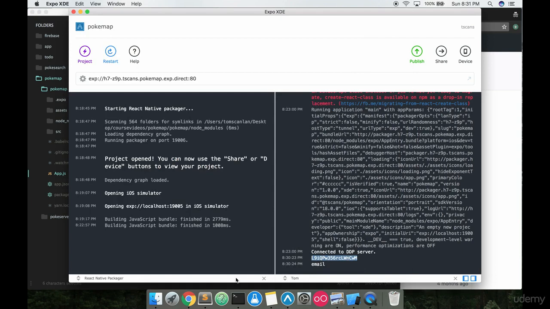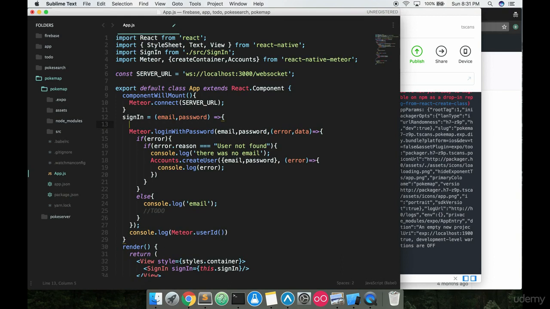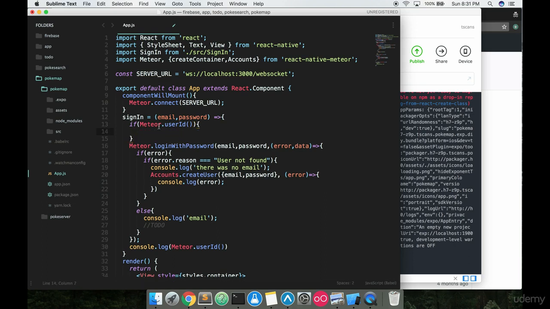So we know that the user is signed in right now because we did get this user ID returned back to us, so they're authenticated. I do want to add something in Meteor right above this Meteor login with password, but still in that sign in function. I want to add an if statement that says if Meteor.userId. So this function will run, and if the user's not signed in, it'll come back as null. But if they are, it's going to come back as a string, which means this if statement will be true and it'll run. And we just want to say,